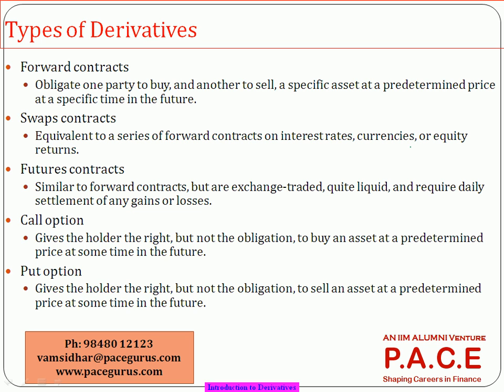So key things, between both parties, no exchange in the middle. So which means they are all customizable kind of contracts. Default risk is very high. So those go into the forward contracts kind of category. So both the parties are obligated as per the contract. I have to buy from you on that day. You have to sell to me on that day. If one of the two is not happening, we call it as default. Then the same transaction,